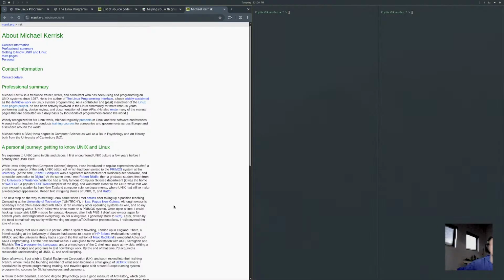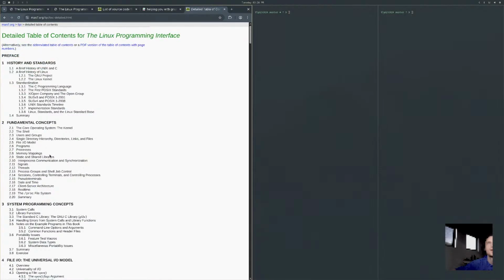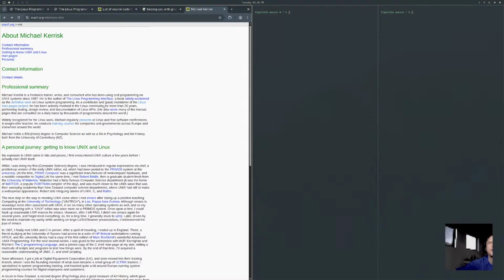The definitive work. Let's just pick a man page at random, like man open.